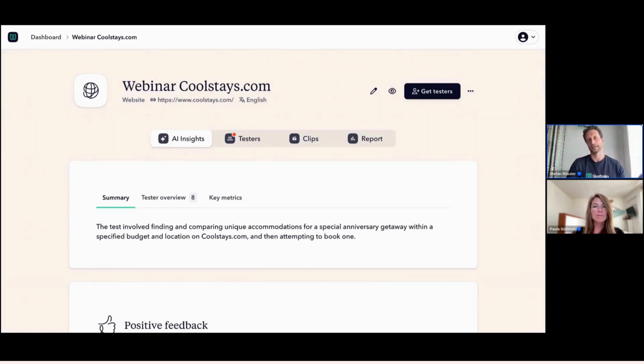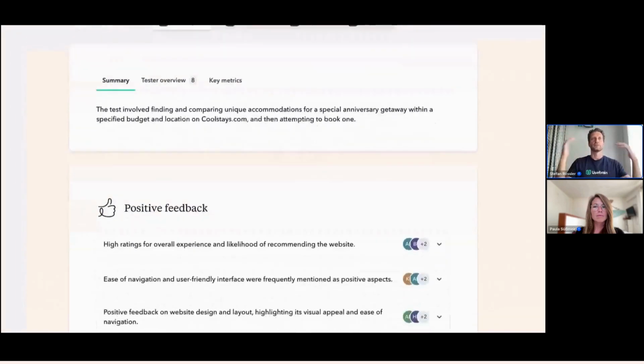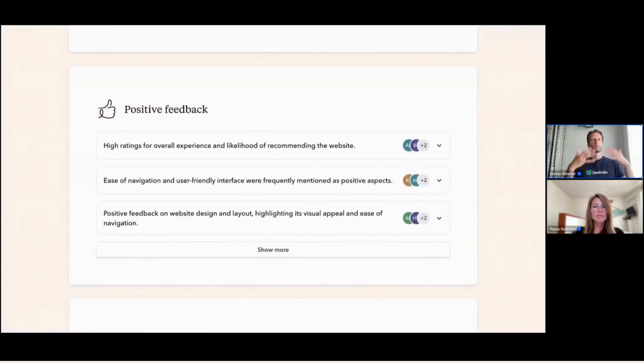Again, that would be a sentence you would say at the beginning of your presentation if you showed this to a client. Then as we go down this page, you will see at first there's some positive feedback. All the things the AI has found and tagged with positive feedback are here. And it's already grouped by theme, by pattern.